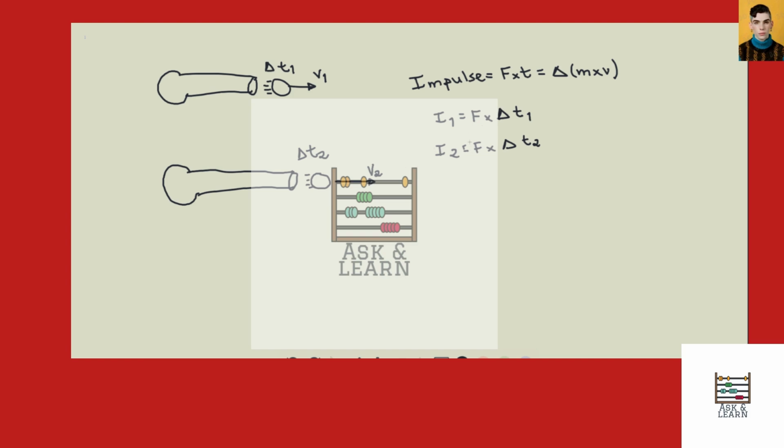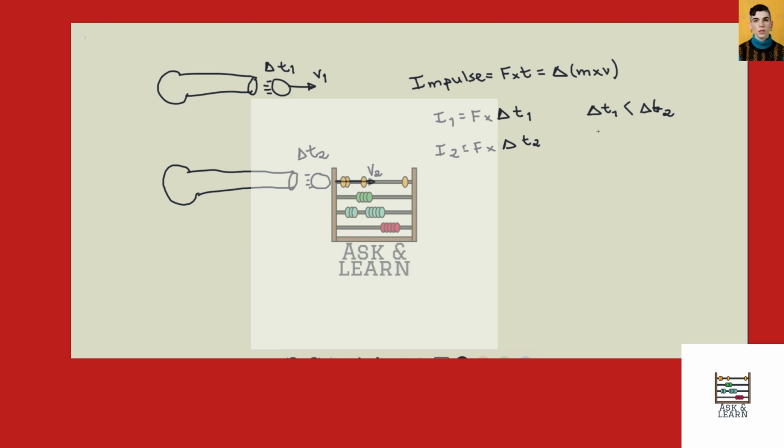If we say that the forces are the same, the force exerted by the cannon is the same in both cases, then since we know that T1 is going to be smaller than T2,